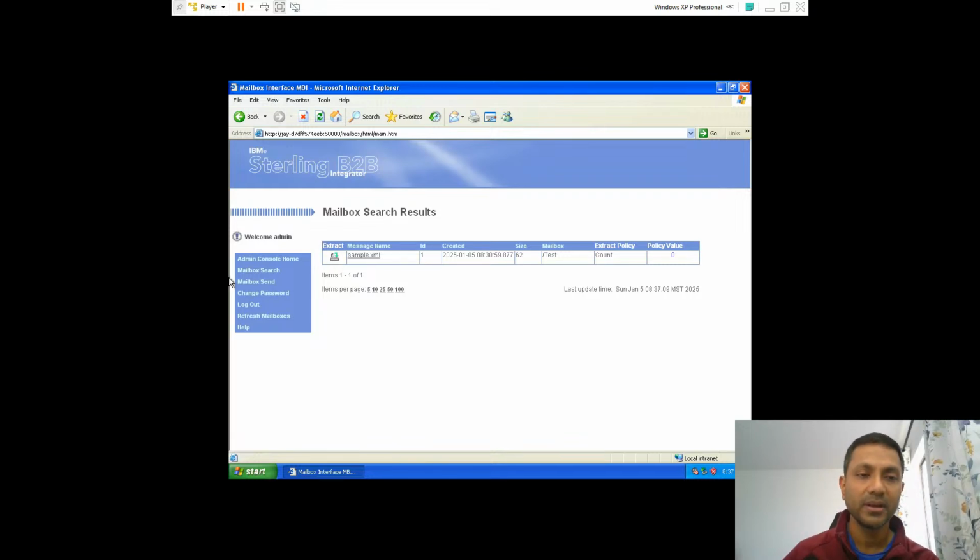So I hope this was helpful, this portal and the extractable policy related values that you can configure on the mailbox or attach to the mailbox for different use cases. The next topic that I want to show you, and before that,